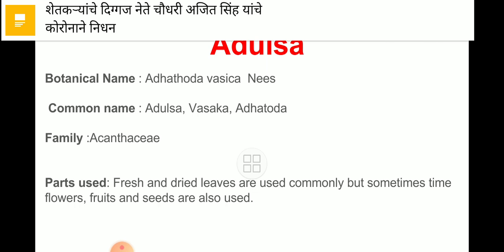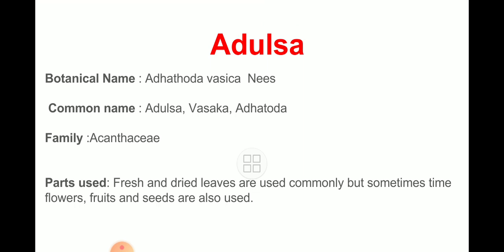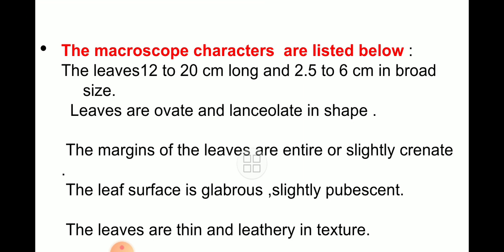So you have to keep in mind that the active principle is present in the largest quantity in the fresh leaves, and then the dried leaves, as compared to the flowers, fruits and seeds. That's why the most important part of this plant from the medicinal point of view is the fresh and dried leaves. Now my friends, we have to learn some macroscopic characters of this plant,